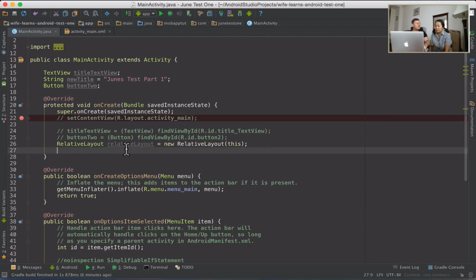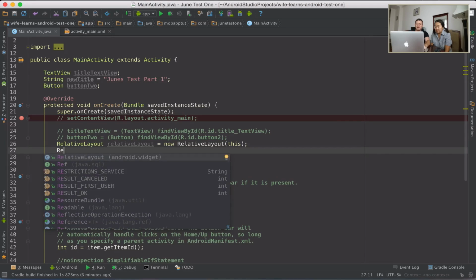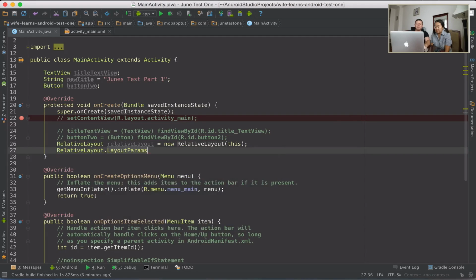And to do that, we need to create another member, which is layout parameters belonging to the relative layout. To do that, we call relative layout. We've got layout params. So these are the parameters that hold the width and the height. This is needed for the relative layout. Okay, let's call this